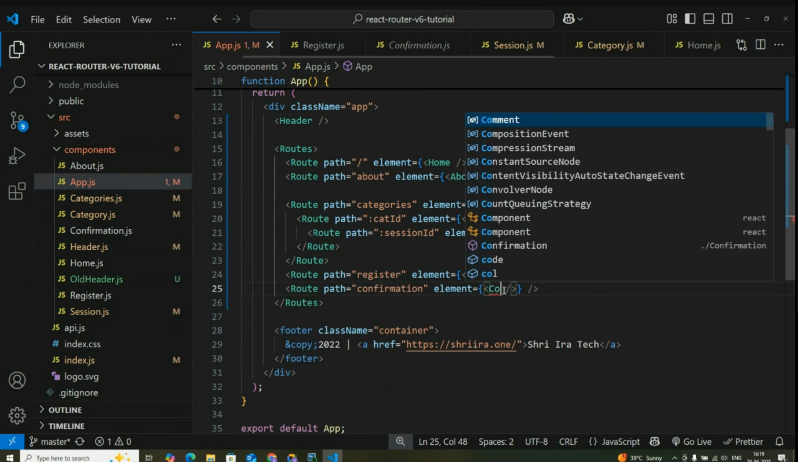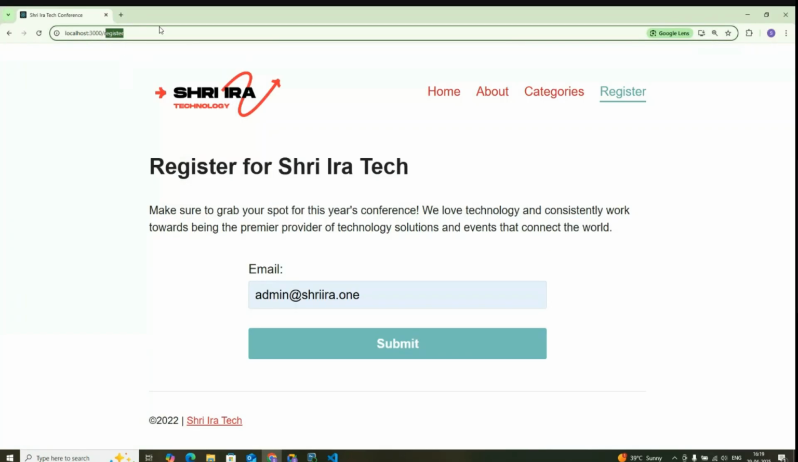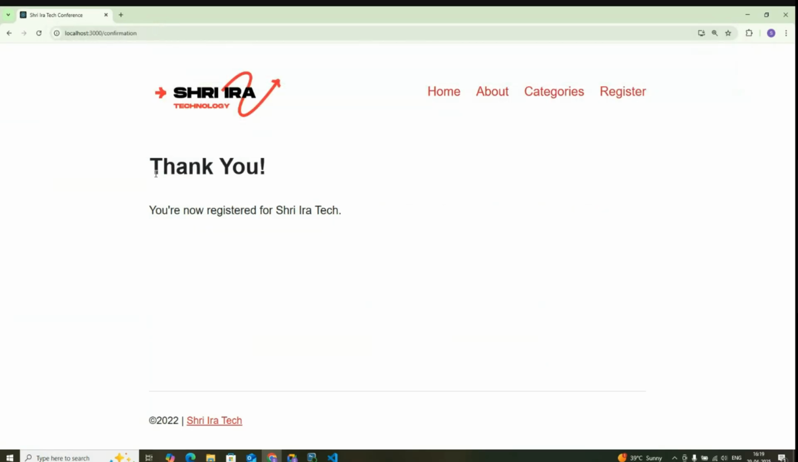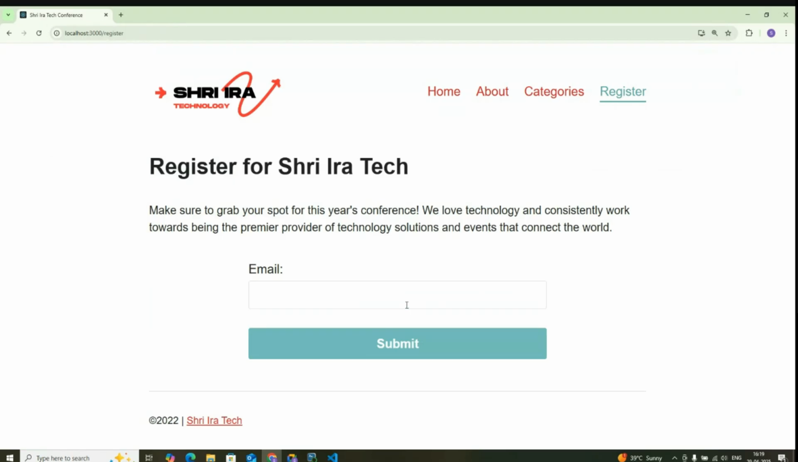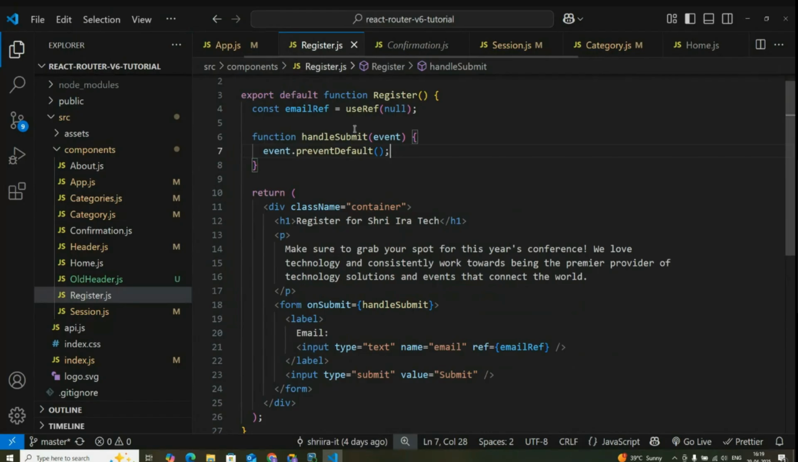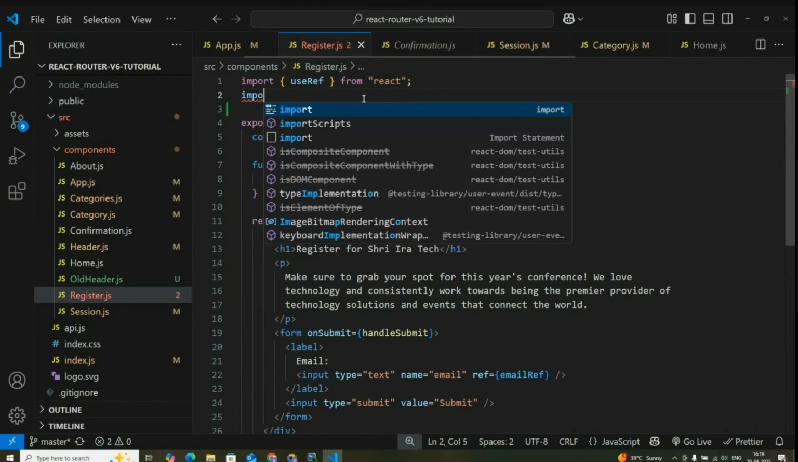Let's just add one route called confirmation and use the confirmation component. Now, if I go to confirmation, okay, this renders correctly. How about when I submit some data? How about navigating it here? In order to do that, let's go to register and then import something called useNavigate